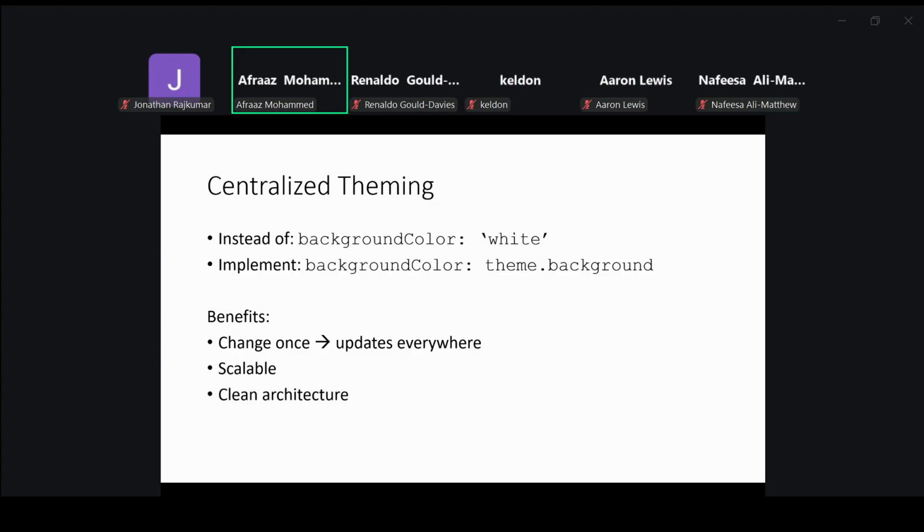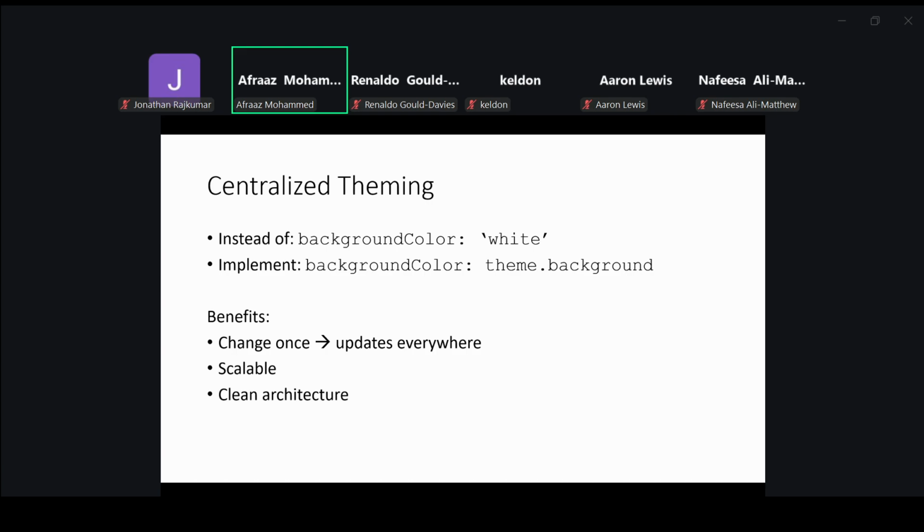But with the centralized theming, we will set the background color to theme.background, right? And where background is defined as a color in the theme files, right? And that way, let's just say you were using white and you decided to update that to a gray or some shade of gray,